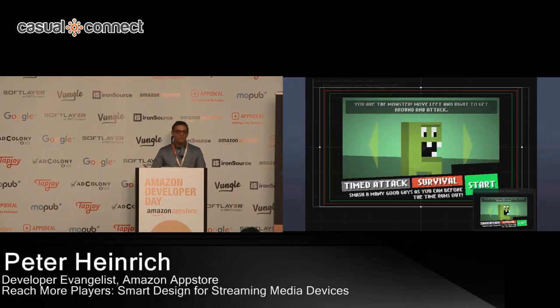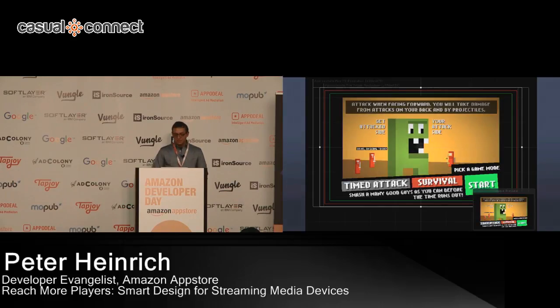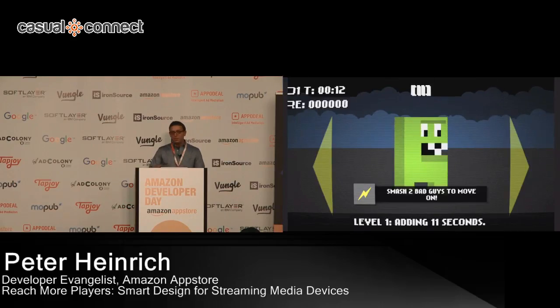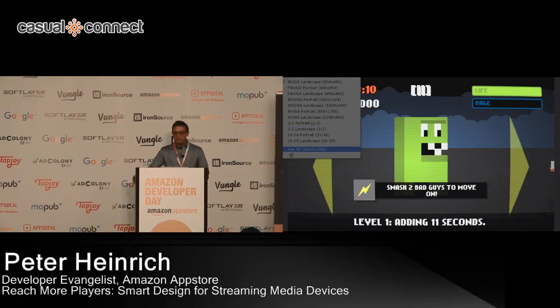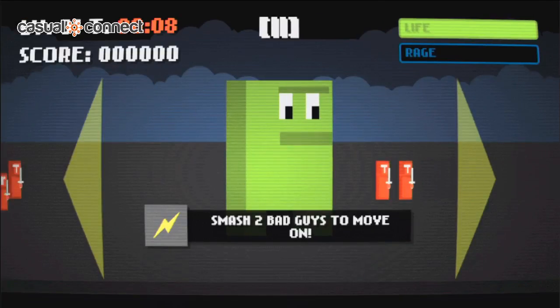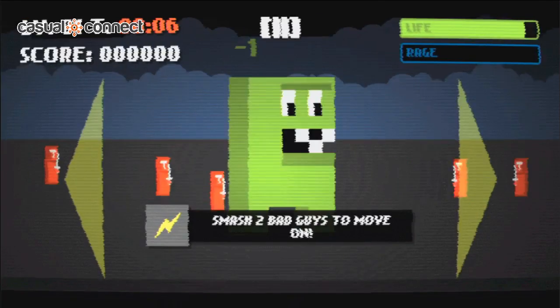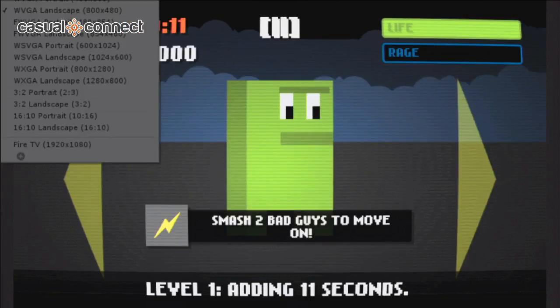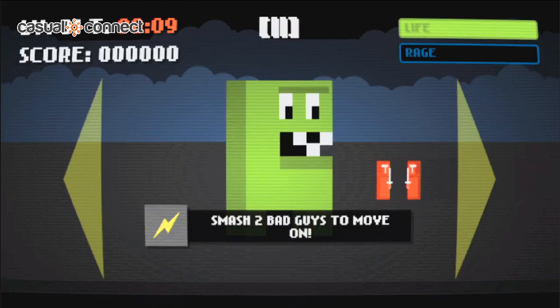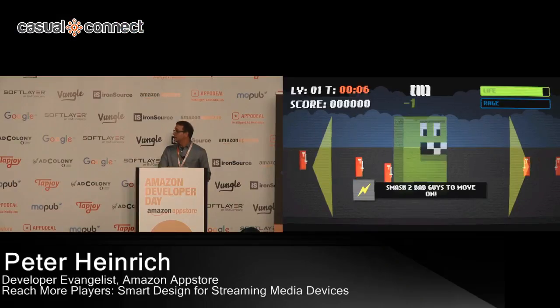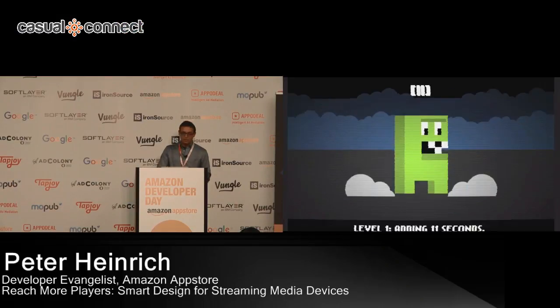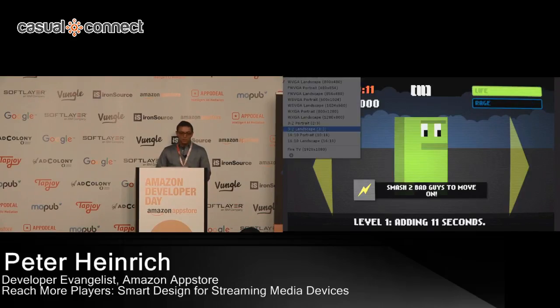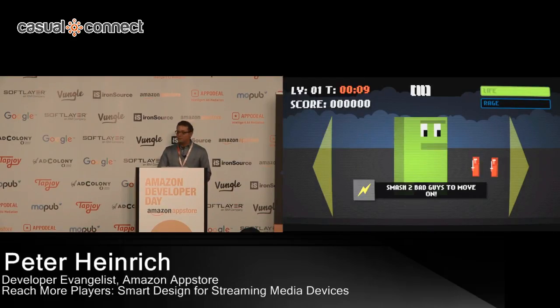And frameworks like Unity make it super easy to test. So we can play the game at whatever aspect ratio we want or the screen resolution we want. We can verify that it adjusts its viewport appropriately and even have it change the size or position of certain UI elements to account for different screen layouts. So this is just a quick loop demonstrating how easy it is to pull down that menu, select the resolution we want, and see how it looks.